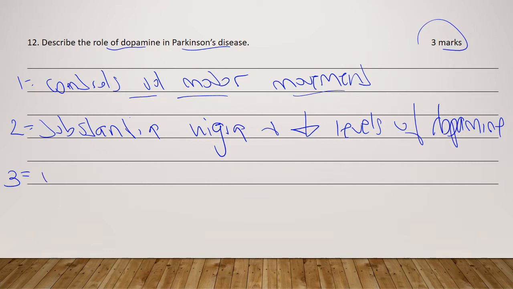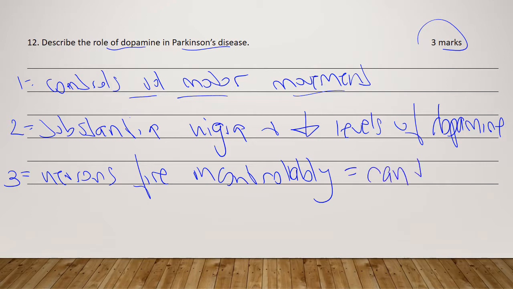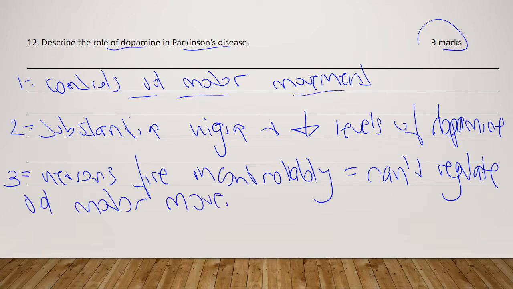So neurons fire uncontrollably, which means they can't regulate voluntary motor movement, which equals symptoms,